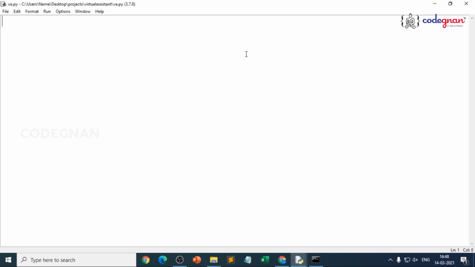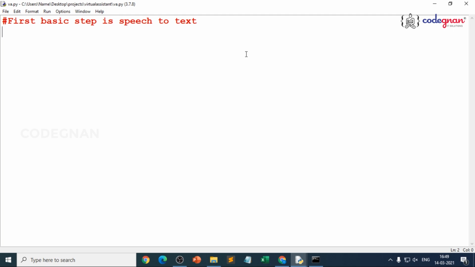Now we'll start writing our first code, where we make sure our Python environment understands whatever we are speaking with the help of speech recognition. The first basic step is to convert speech to text, because we'll be using the same logic, we'll be creating multiple functions. So the first basic step is speech to text.